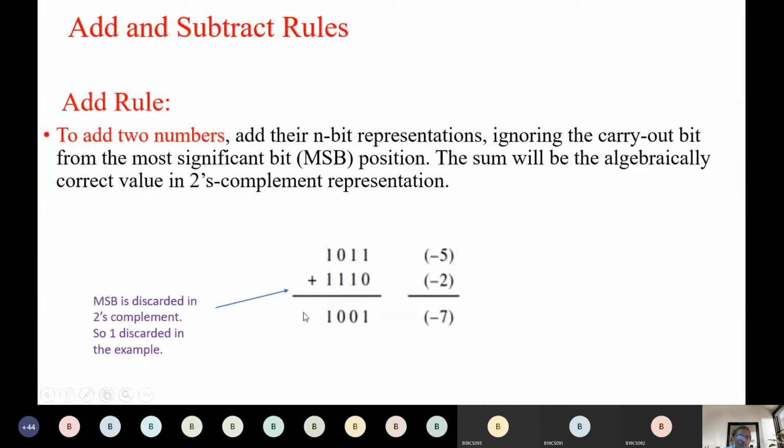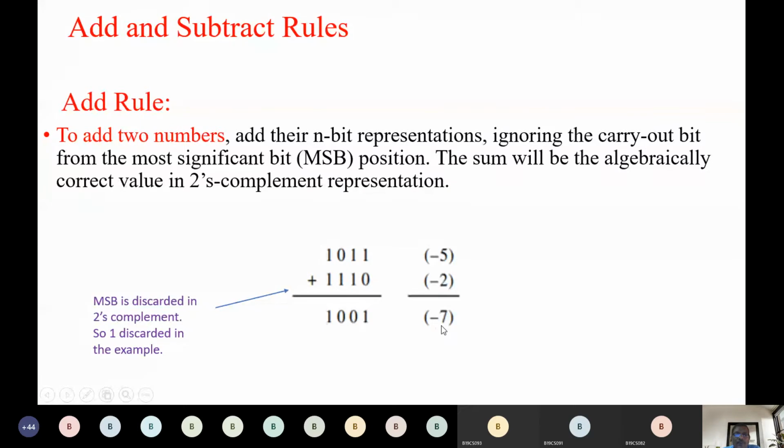So this one which popped out from the most significant bit addition, after adding these two, 1 extra bit popped out. So this we will ignore. And finally we get the actual value result. The extra one we had removed, discarded, and we considered only these 4 bits, because it's a 4-bit representation. So if we have a 5th bit, we are discarding it. Okay, so the left out 1001, this is the 2's complement.